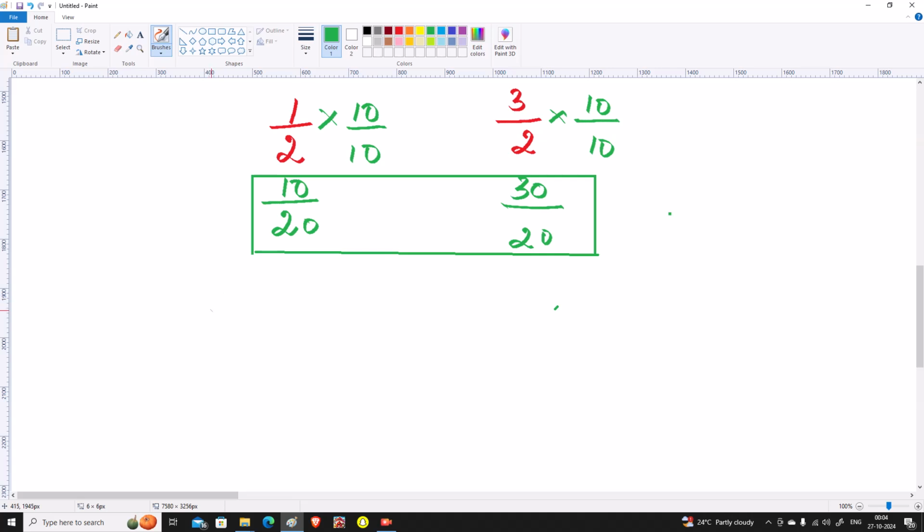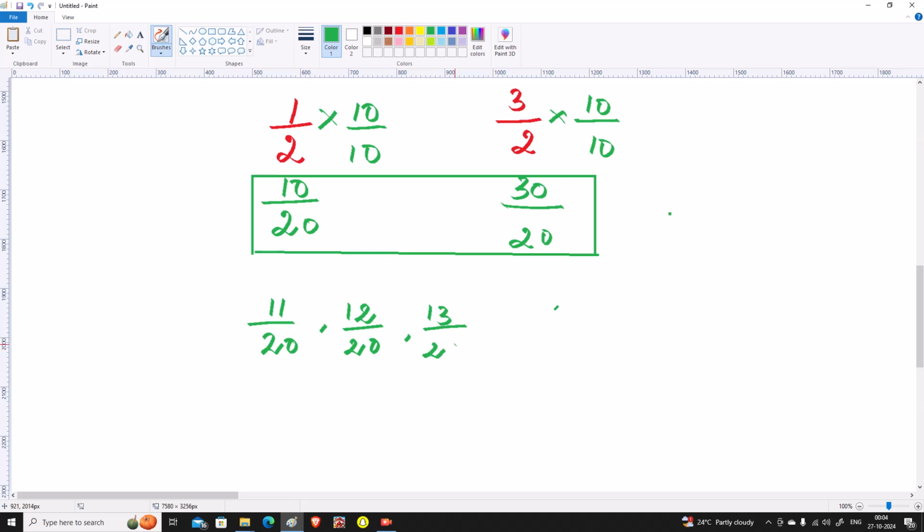First number, should I write 10 by 20? No, we should not, because while writing the five rational numbers, the starting number and the ending number we should not consider. So after 10 by 20, the next number will be 11 by 20